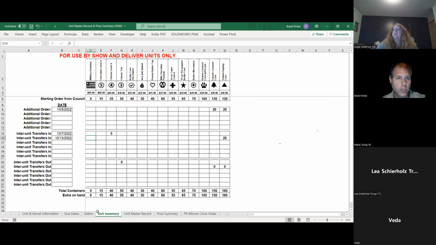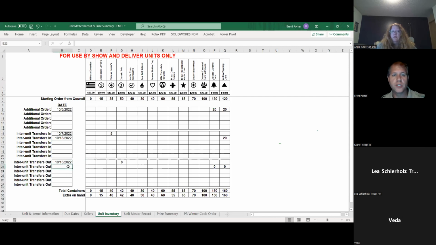And then I'm also going to go down to my transfer out because I'm also sending something out. And I'm going to put the same date in here. And what I transferred out was I had some extra classic trios. So I transferred 8 of those away. It's going to deduct all the transfers out. It's going to add all the transfers in, as well as adding your order at the very bottom. Extra on hand, we'll talk about that here in a minute once we get to the next tab.